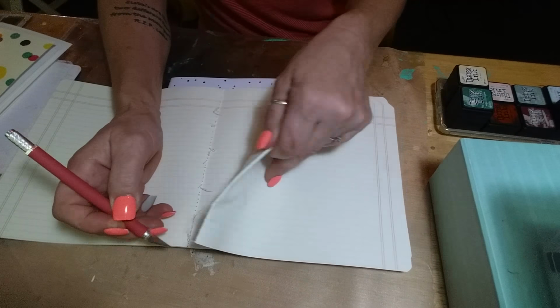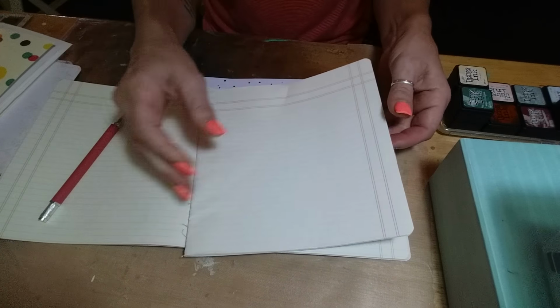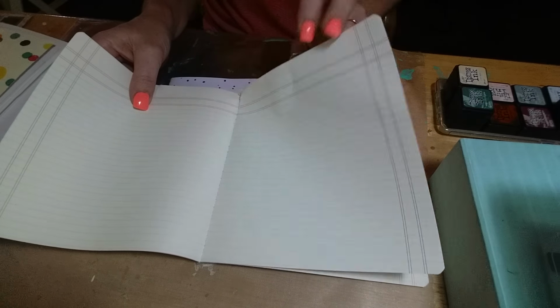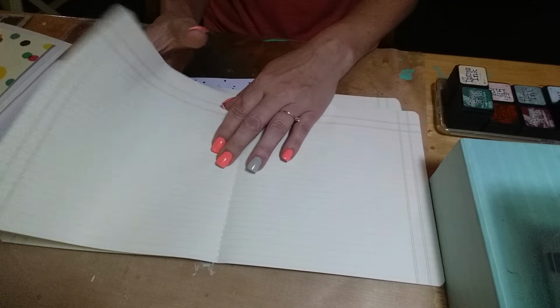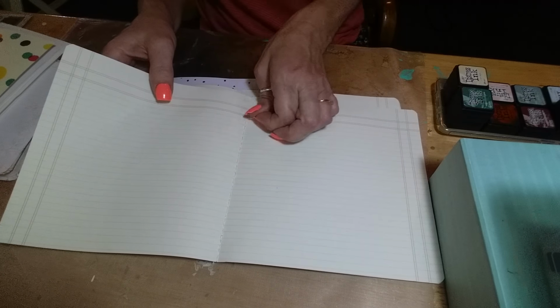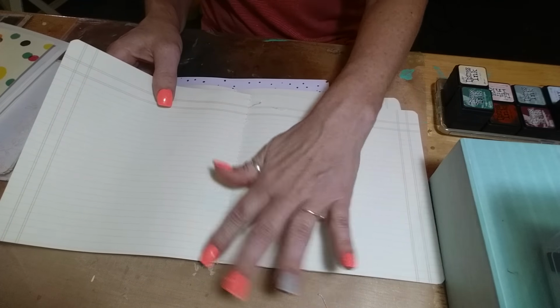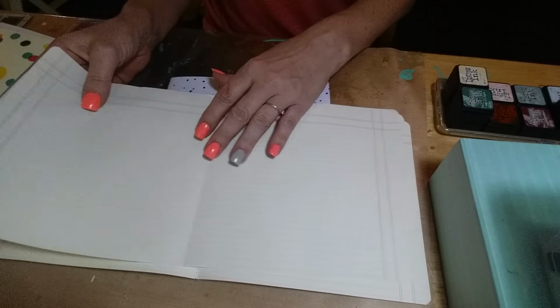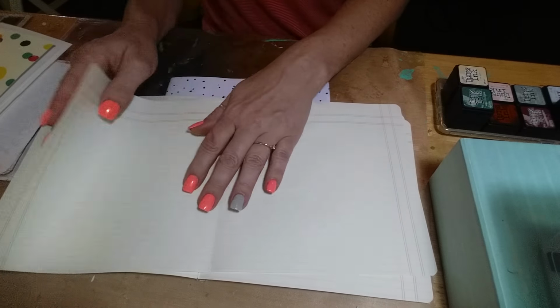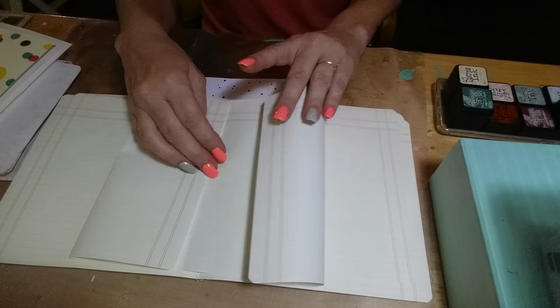Sometimes you gotta tug on it pretty hard so that way you don't cut the paper itself. And it'll leave these little threads in there, of course. But that's how I get some of my longer paper that I actually fold in for my flip outs. If I want this to be the middle of the signature, I get all that string off there. I coffee dye it, and then